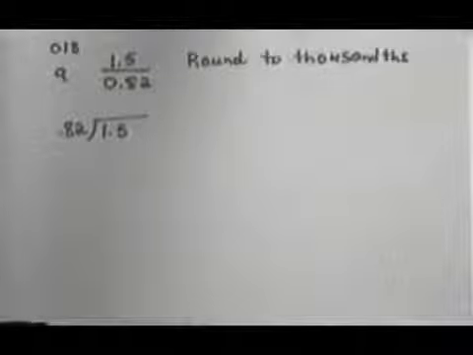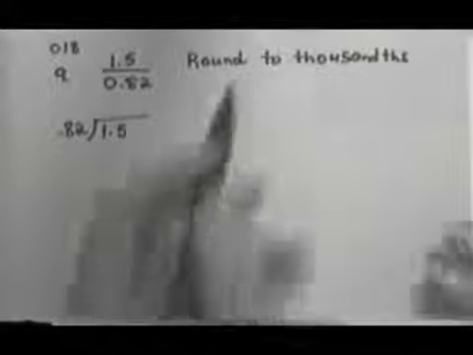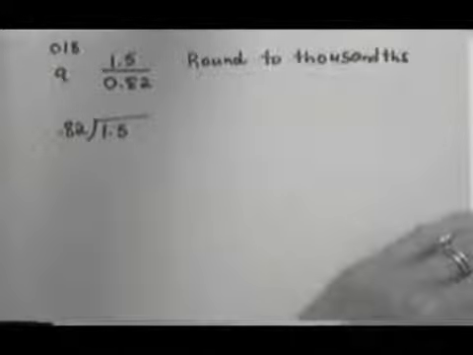I want us to do one more problem where we have to round. This time we're taking 1 5/10 and dividing it by 82 hundredths. And I've asked you to round to thousandths, which means we're going to have to go out a lot of places. Thousandths actually goes out 3 places, so we're going to have to go